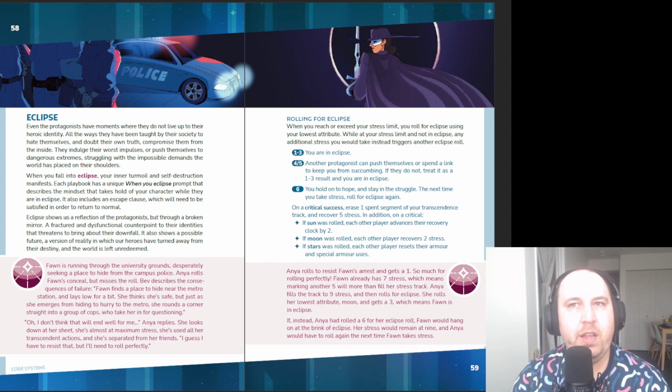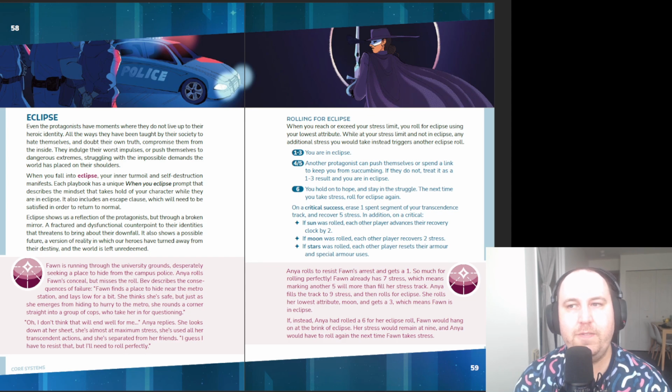But that version of stress was pretty cut and dry. There wasn't a lot of flexibility to it, whereas something that helps stress work in Blades in the Dark is that there's a little bit of elasticity to stress in terms of how much you get back from indulging your vice, whether or not you overindulge. There are a bunch of interesting interactions that happen there that would be missing from my version of that design